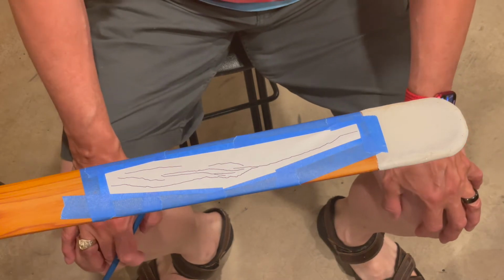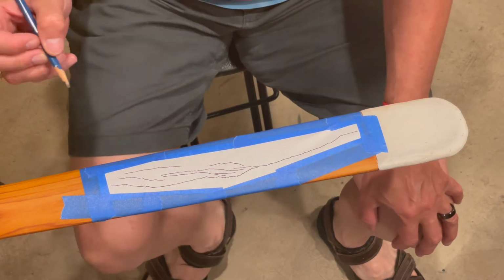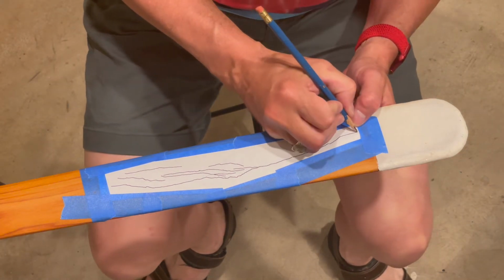It's all taped up now. I'm going to start the tracing. I'm going to press down hard and make sure the pencil line shows up underneath it. The only hard part is I've got to remember where I go, particularly when I'm in here, and I don't want to miss one of the lines. So we'll start down here. I'm just going to press hard,